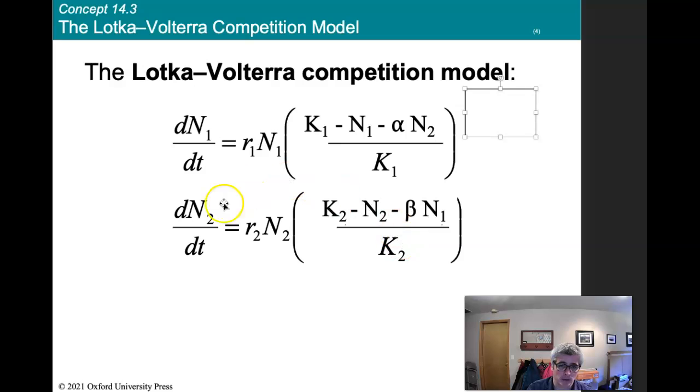For population 2, it's the same thing as above, but now we're using beta to represent the competition coefficient for population 1. So in this case, if we use the same wolf and